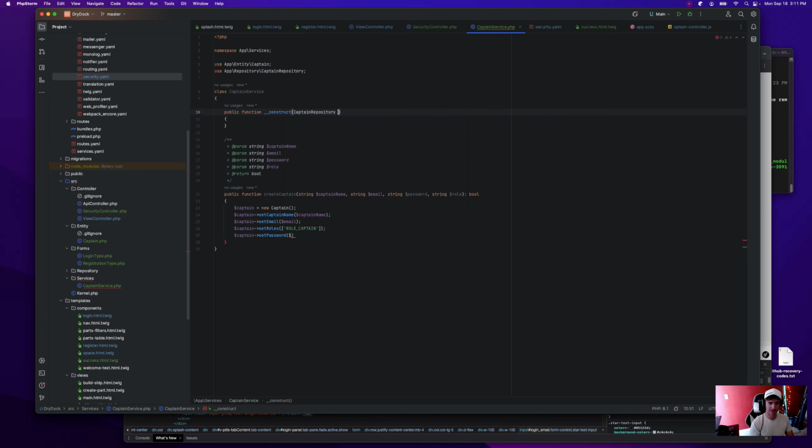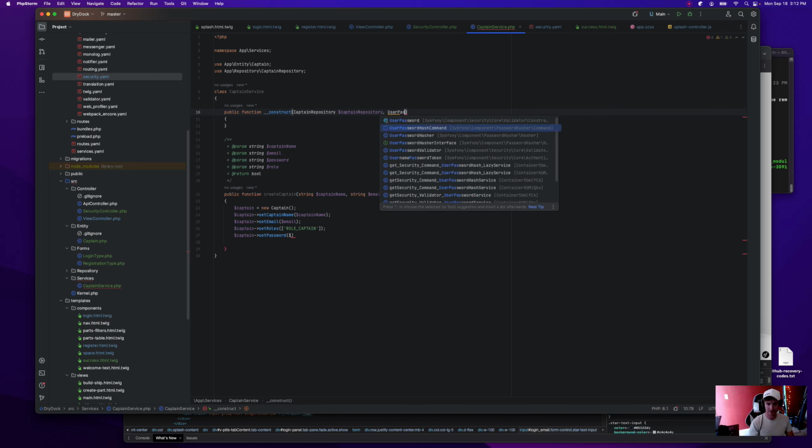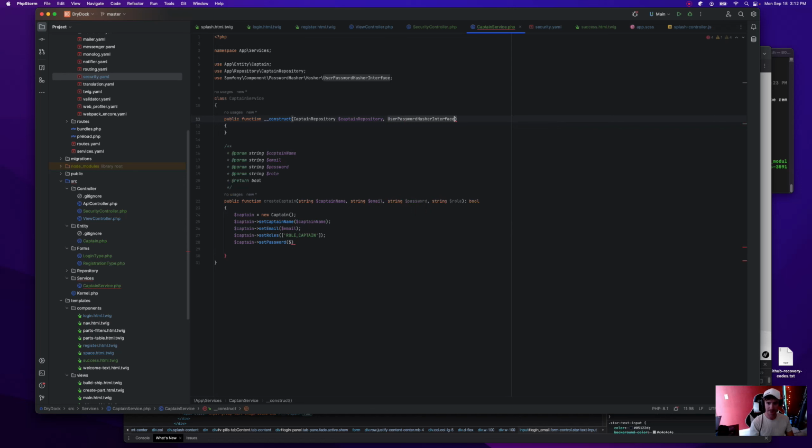Captain repository. Right, let me finish where I'm at. Too many things at once. And then we need the user password hasher interface.